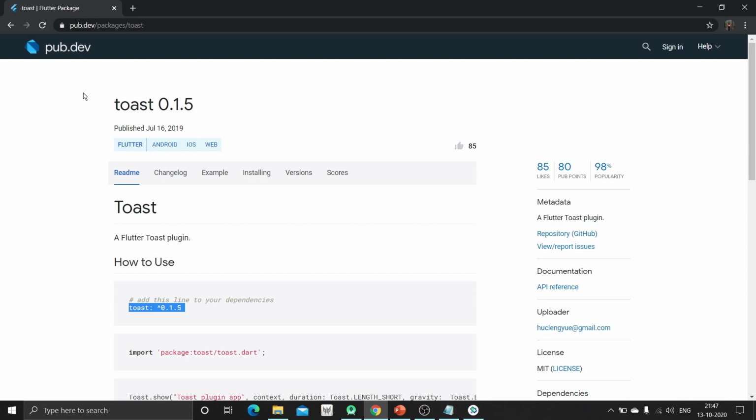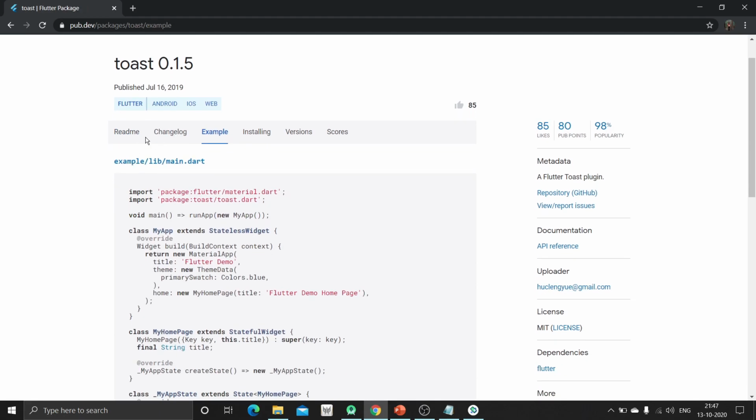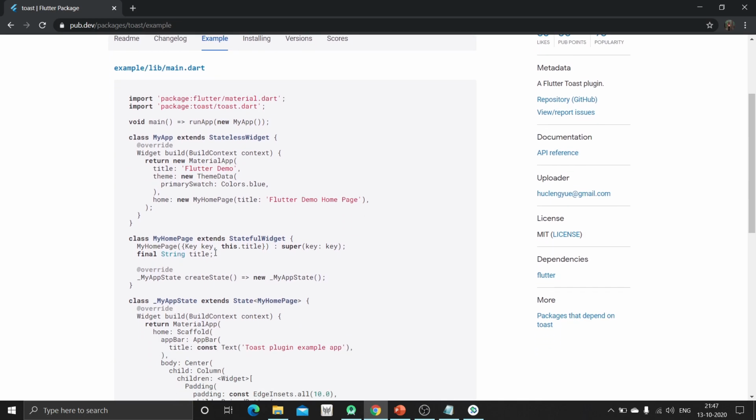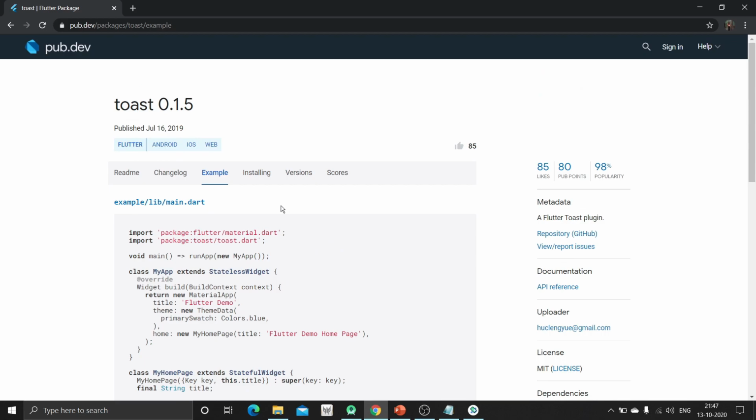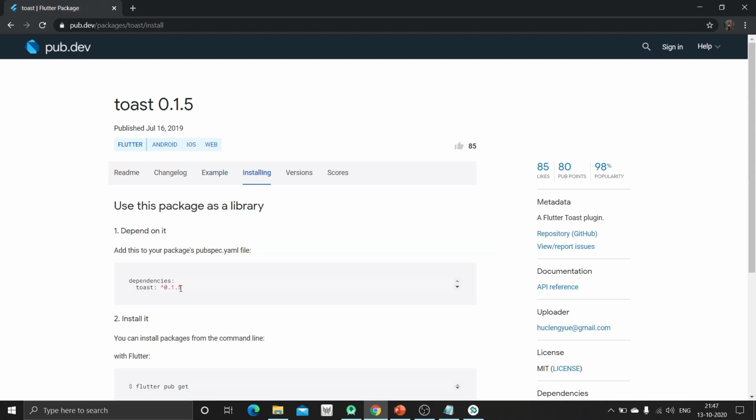So we can just copy this. You can also see some examples of how to implement this package. So here you can find how to implement that. So we are just going to install this toast inside the dependencies of pubspec.yaml.